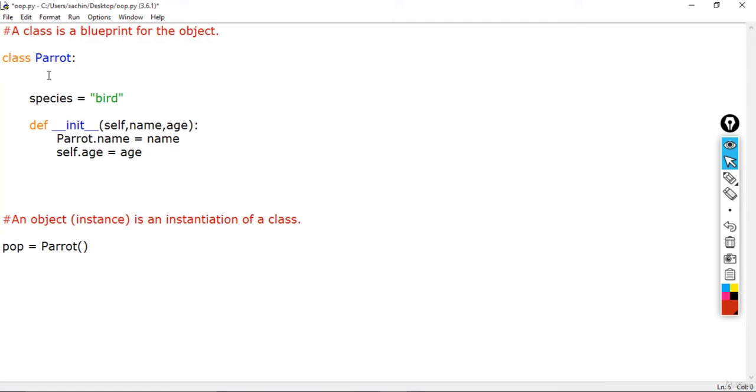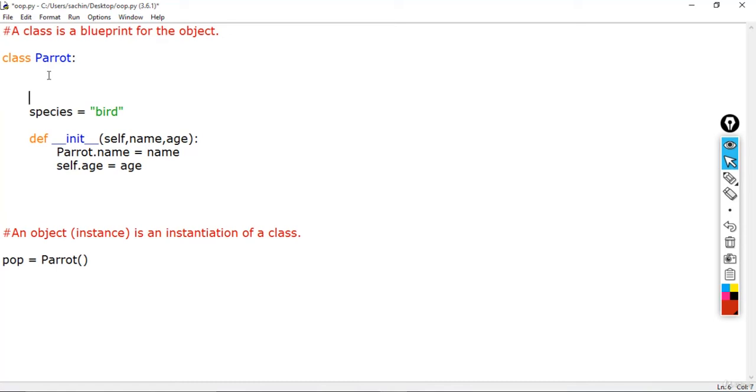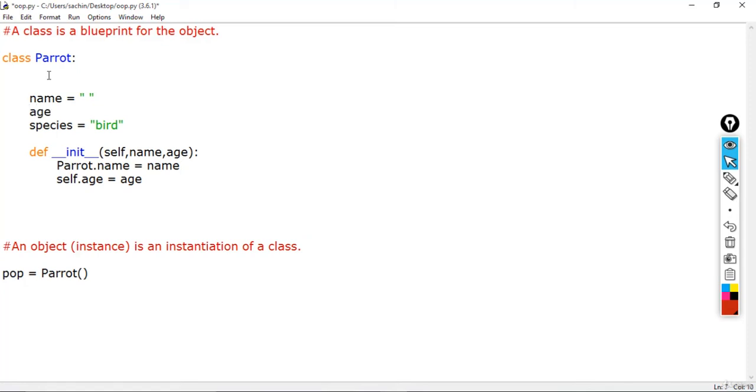So it is the same as saying we have here name and it is empty over here, and we have age which is also empty in this case, and we are just referencing this parrot, which is obviously the self. Self is normally the parrot here. I've already said self is referencing this parrot, so we normally use self in order to reference this class attribute, and it should be with this dot operator,